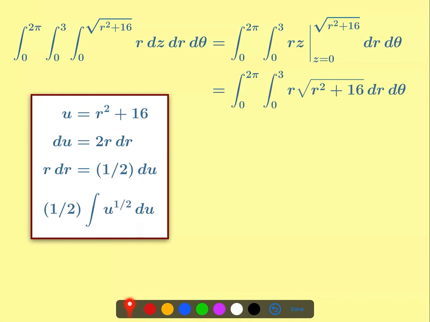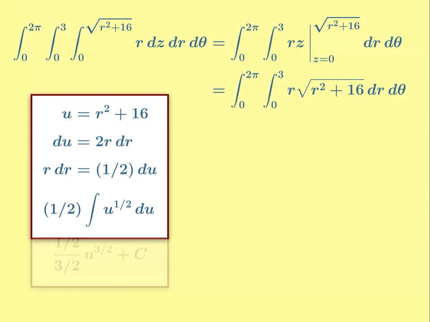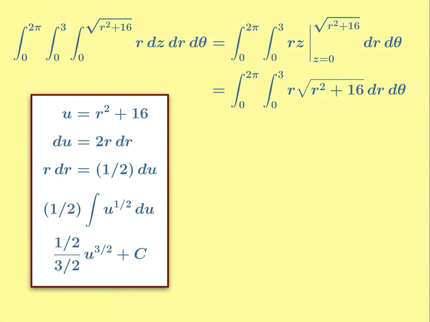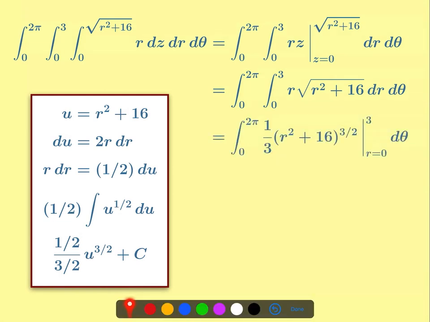So if I integrate this, I'm going to get u to the 3/2 over 3/2, and with that 1/2 there, the 1/2 is in the numerator. Notice this is just 1/3 times u to the 3/2. u was r squared plus 16. So when I integrate this on the inside here, I'm going to just get 1/3 times r squared plus 16 to the 3/2,